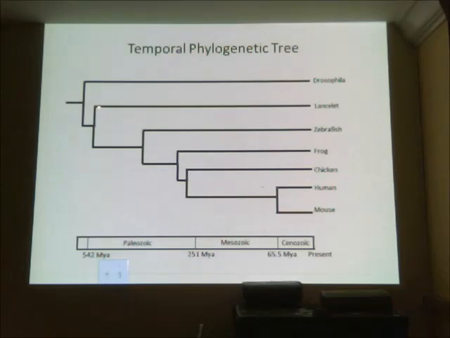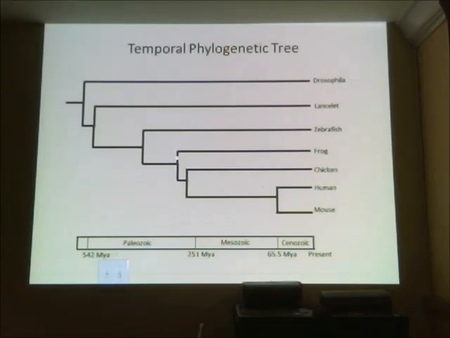If you look at this, this organism was pre-Paleozoic. So that's before 542 million years ago. The Drosophila, or its ancestors, something that probably looked very much like the modern Drosophila, was around at that time. That's a fruit fly, by the way. During the Paleozoic era, the lancelet then was derived, and you can see that in the mid-Paleozoic period, we got